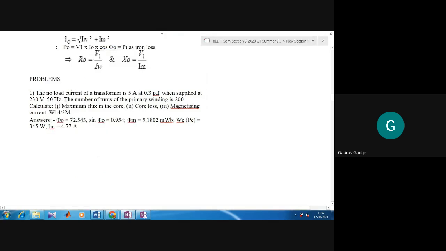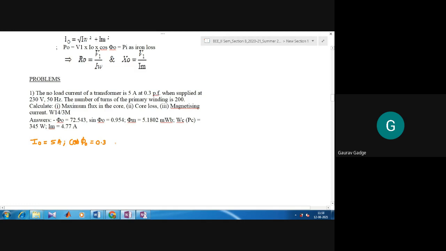So what quantities are given to us? The no load current of transformer is 5 ampere. What it indicates? I0 is equal to 5 ampere. No load current उन्होंने कहा है इसका मतलब 5 ampere, and that itself indicates this particular numerical is on transformer under no load condition and at 0.3 power factor. अब इसका मतलब 0.3 power factor आप देख सकते हो कि power factor उसका कितना कम है, right? It is generally 0.8, 0.9, 0.85 ये power factor आपका रहना चाहिए, and for pure resistive load it must be unity, right? But this particular power factor is very low because transformer is under no load condition.